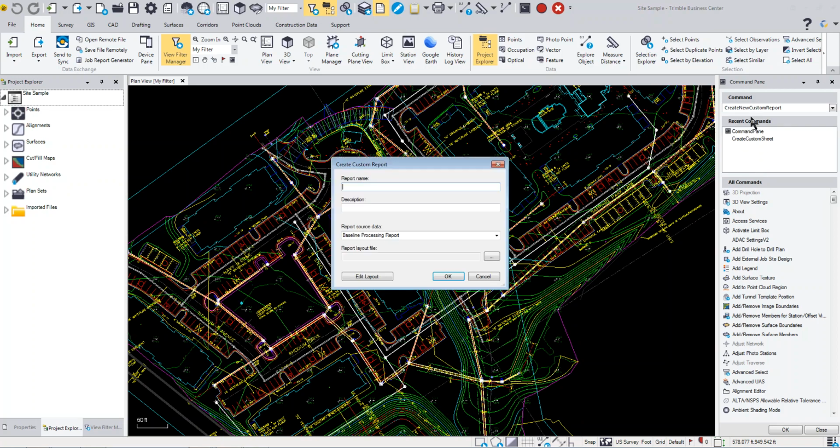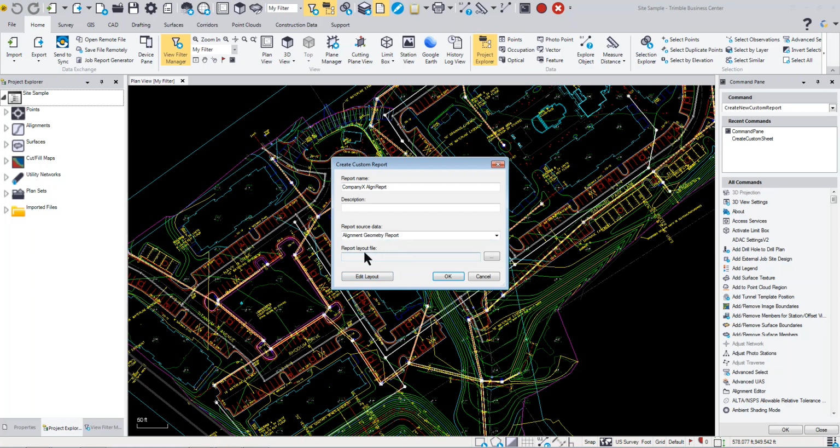That's the actual command. So you're going to want to give it a report name. So maybe we're going to use an alignment, a custom alignment report. So we're going to do, company X alignment report. Okay, so we're just going to shorten it up, give it a name here, and give it a description. And you can base the report using what source data. So we want to use the source data from the alignment geometry report, and then from there you can create